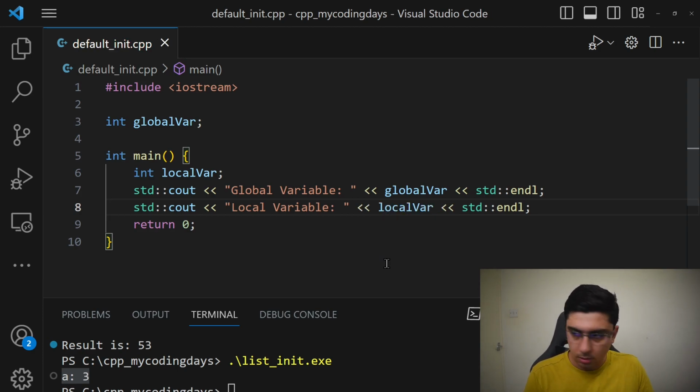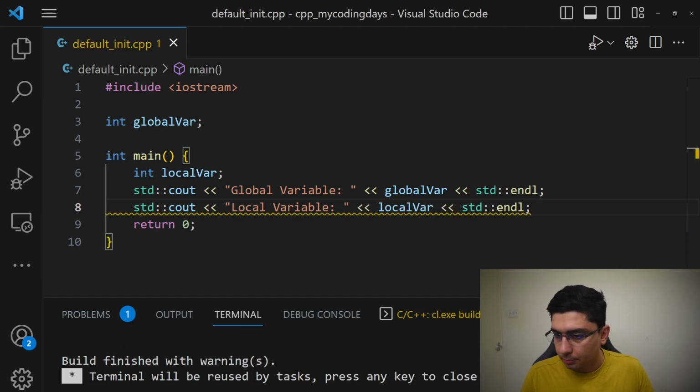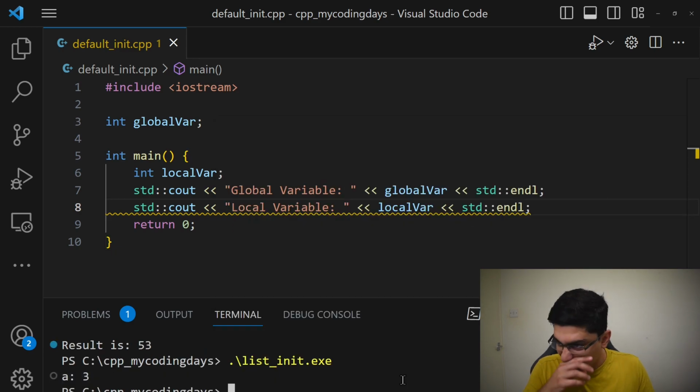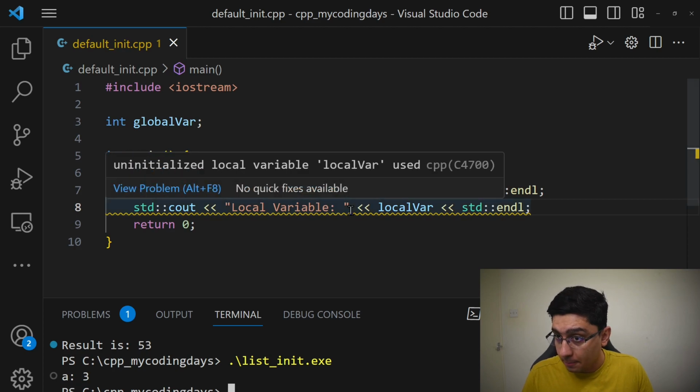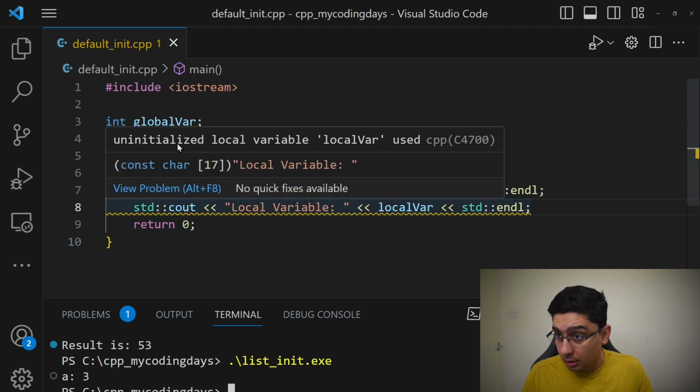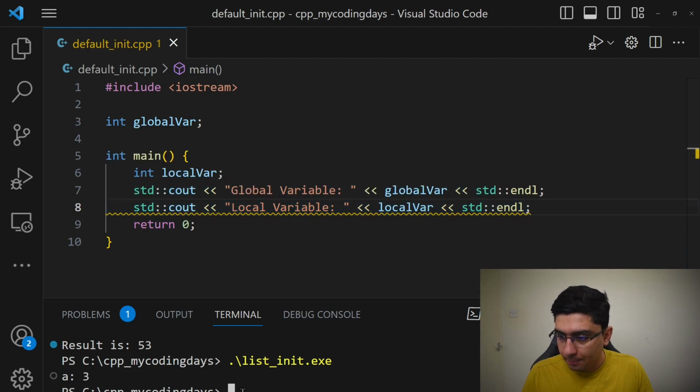Okay, let's build and run. You can see that I'm getting a warning of uninitialized local variable, but let's see why we are